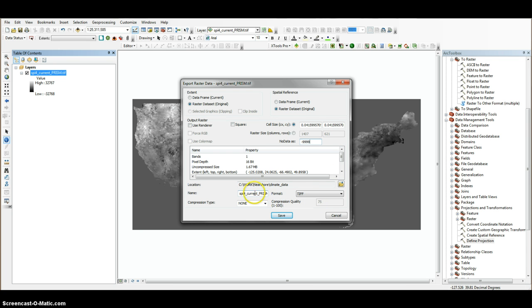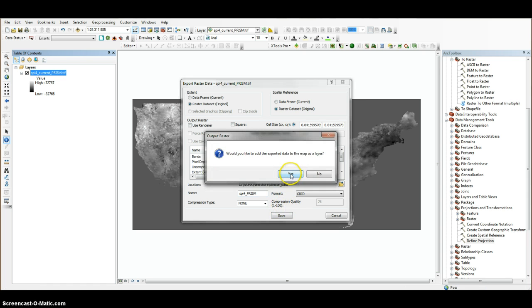Once we've got that done, we want to go ahead and assign a file name. Now I actually want a grid here so that I can utilize it more easily in Spatial Analyst. And of course with grids in ArcGIS, your file name has to be less than 13 characters. So I'm going to go ahead and create a file name here that is less than 13 characters, and then click on Save. And it's going to ask me if I'd like to add the map to the layer, and